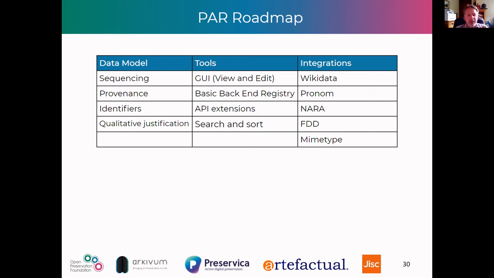Identifiers is something that Jason touched on, but really we haven't gone as far as we could with identifiers. In the integrations workshop, we'll be talking about the NARA advice that was recently published, and a huge piece of work it is. And that has identifiers for every other possible variant. So if you look at NARA